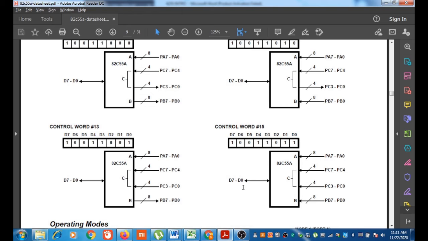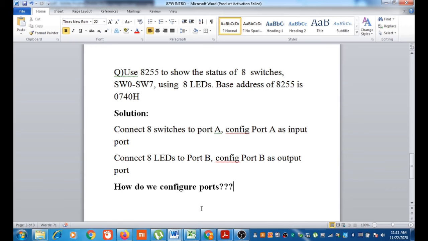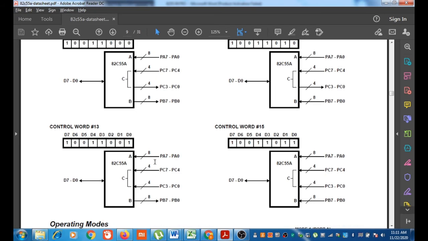So let us come to our question. We are using port A and port B. Port A as input port, port B as output port. Okay, let us check what will be the control word. See here, port A is configured as input port and port B configured as output port. We are not using port C, can be input port or output port. So we can use this control word, that is